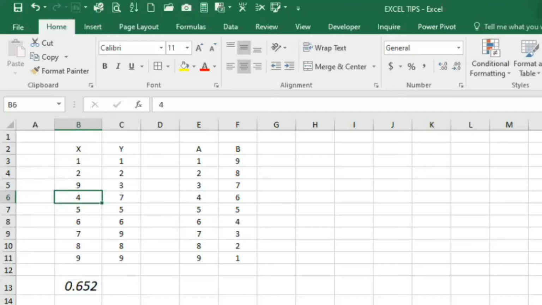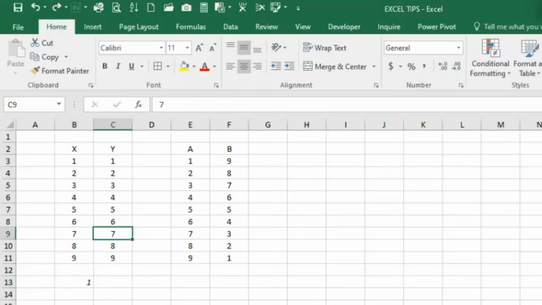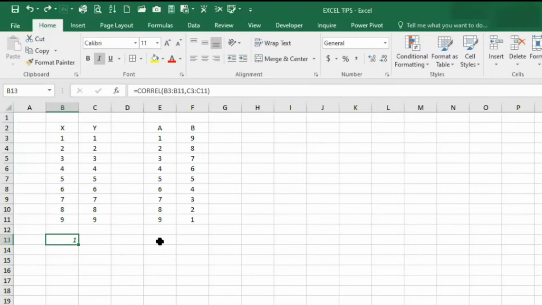So this is a way how correlation can be calculated, and it is reflected as positive. Just pressing Control Z here, we return to the original data set, which is hypothetical in nature, and it now shows the perfect positive correlation of 1. But to understand how we can calculate it further, we will go to the second method.